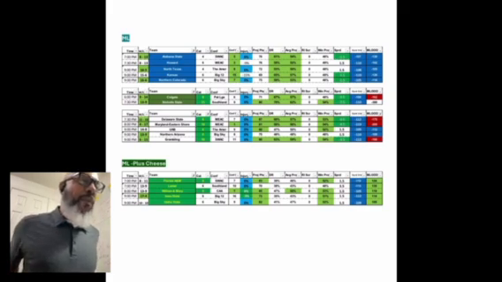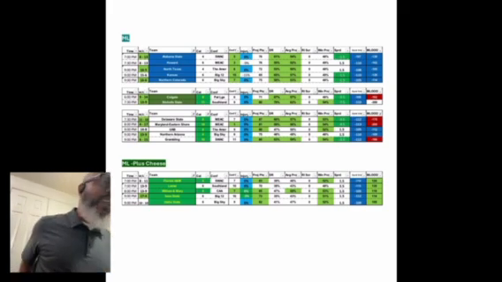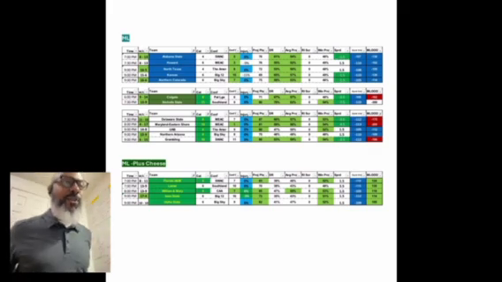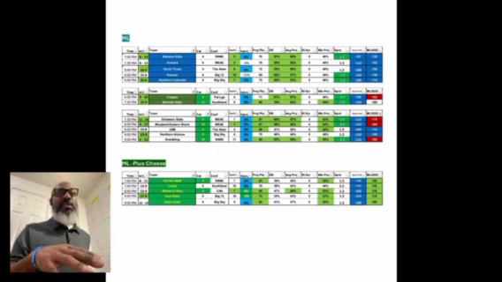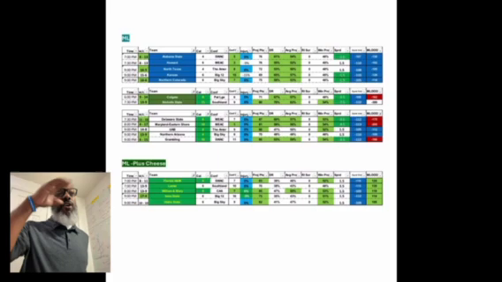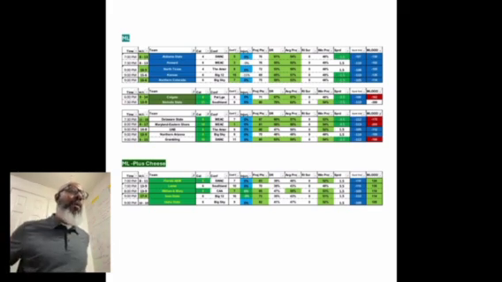Out of the blues at the very top, I like Alabama, North Texas, and Northern Colorado. This section makes more sense once you understand the previous slide I showed you, where you see all of the games and how it's broken down. That's the reason I showed you that first, so you can have an idea of how I'm thinking. The reason I like those three out of the blues is mainly because